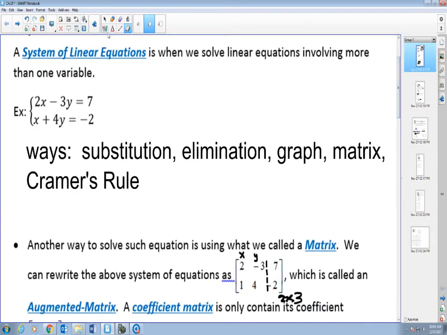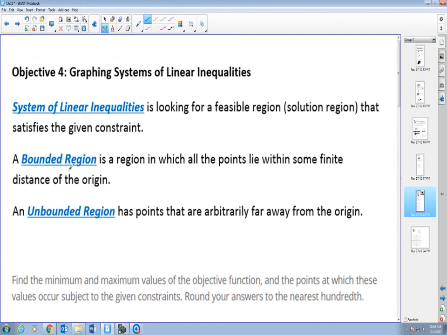So remember now, when we solve a system of linear equations by graphing, this is actually two lines. So what we're looking for is the point of intersection. If the two lines do not intersect, let's say if they're parallel, that means I have no solution. If the two lines become the same line, they have an infinite number of solutions. So the concept of looking for the point of intersection is what we need here for the